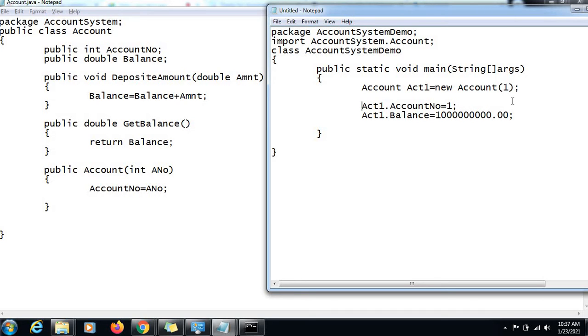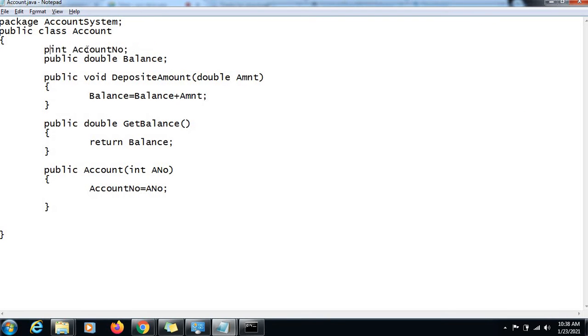Now we cannot access this because the access is not granted to us. I am going to define these variables with the default access specifier. We don't want to expose them because we had understood the impact of exposing them. The user may set any value of his choice to account number and balance, and that too as many number of times as he would like to, and that we do not want. Basically account number should get the value only at the time of creation.